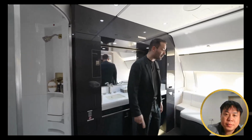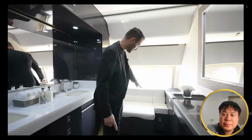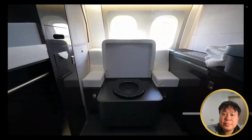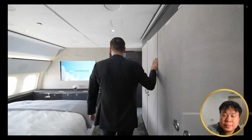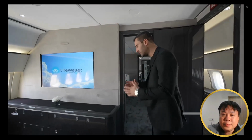That's right. Air. But Mikey, one more detail. Obviously, you have a little makeup or prep area here. By the way, this is your toilet. It's just a really elegant one. Or you can just sit down here. Oh yeah, I thought it was kind of like a makeup setup. This is incredible. We're in a full-size bathroom with 2 sinks on a private plane. 767. Incredible. You have all these built-in closets, additional storage area here, your TV, and this room connects to the next section